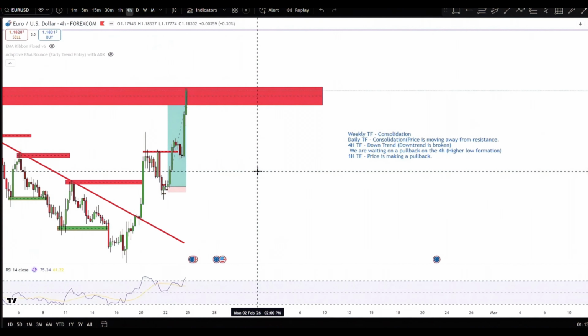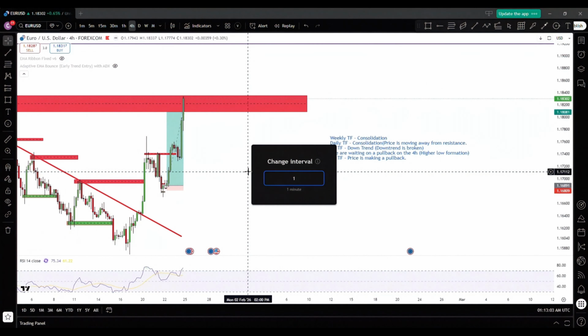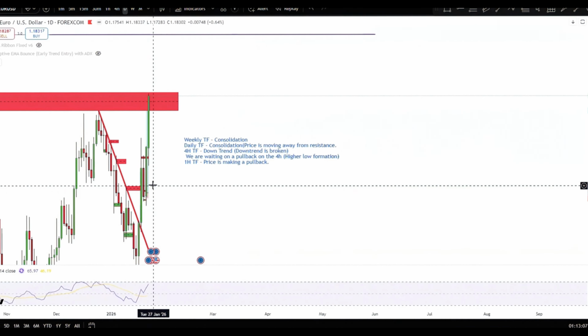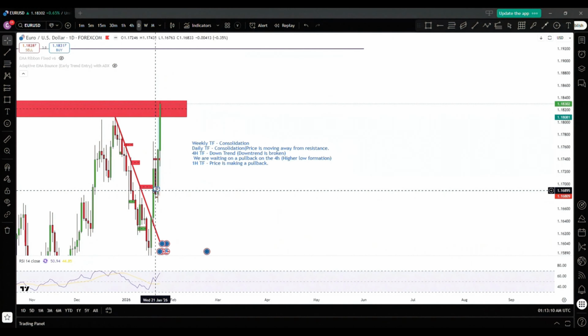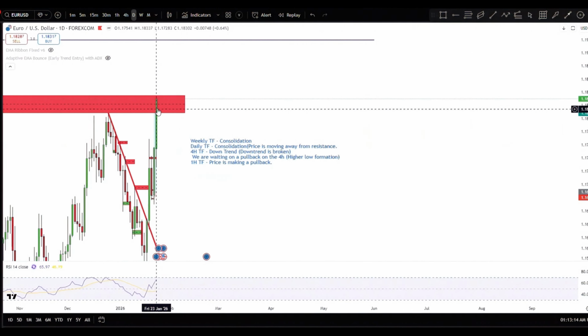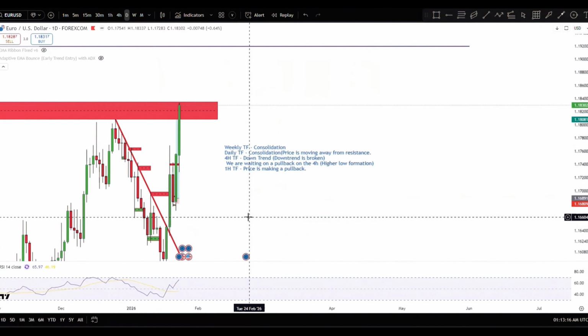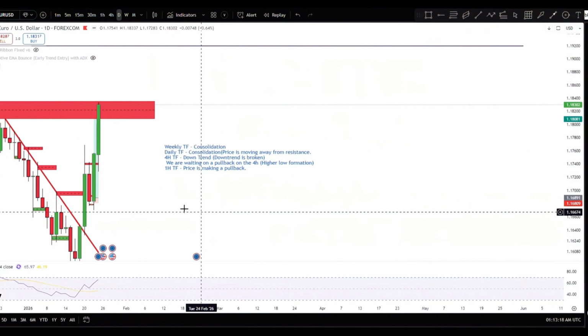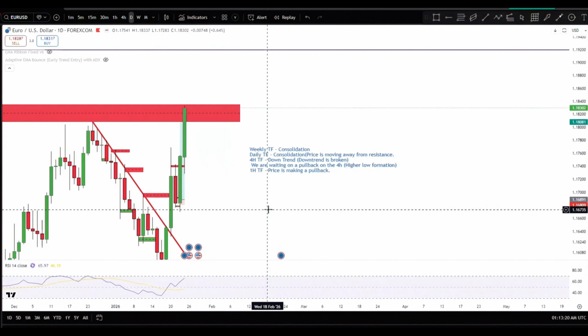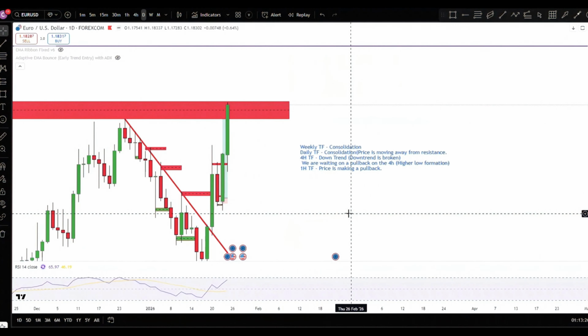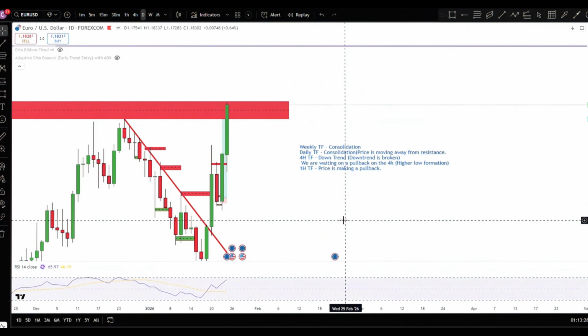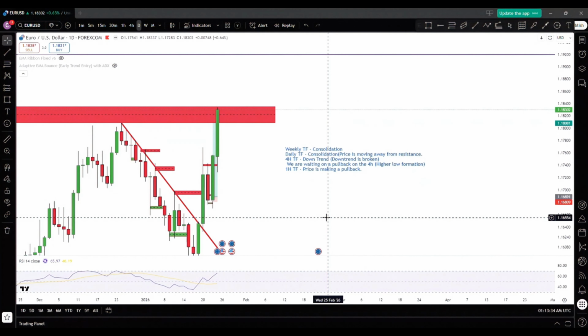So I was only in this trade for like 2 days. I got my entry in this daily candlestick right here, and then 1 day later, my take profit got hit. I was only in this trade for 2 days. The purpose of this video, like I said, is just to give you an example of what your mindset should be like when you're analyzing the chart, and how to keep the bigger picture in mind.